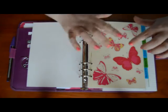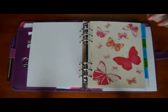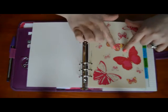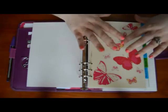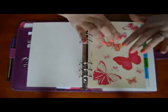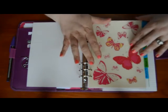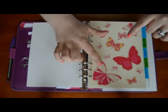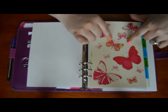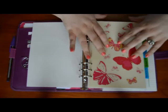So I had already decided that that was something that I wanted to do. I love to sort of decorate and personalize things anyway. These stickers here, I love butterflies. I actually bought these stickers over 8 years ago for my own wedding and I never used them. And it just so happened I thought they worked really well. They're a combination of pink